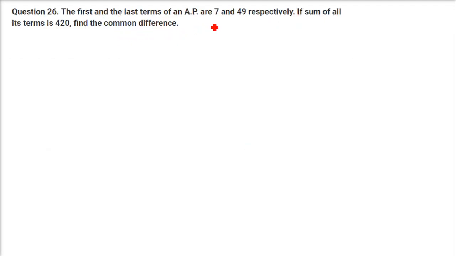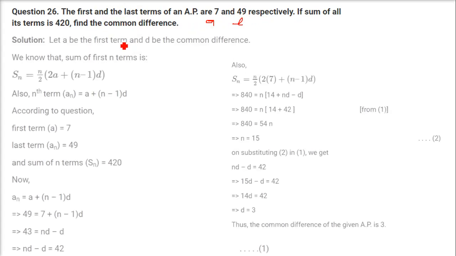The first and the last term of an AP are 7 and 49. That is, A is 7 and L is 49. If the sum of all the terms is 420, find the common difference. So first we will find out the n here. First we'll find out the n, then just put it in the